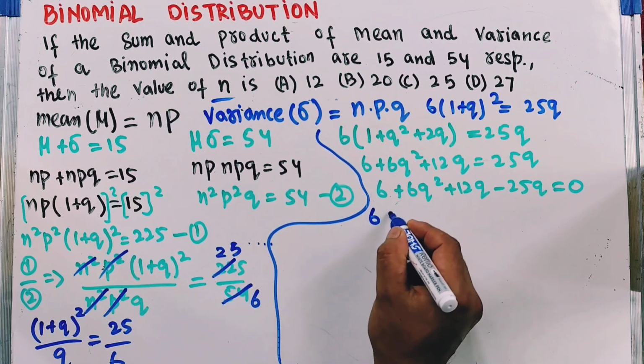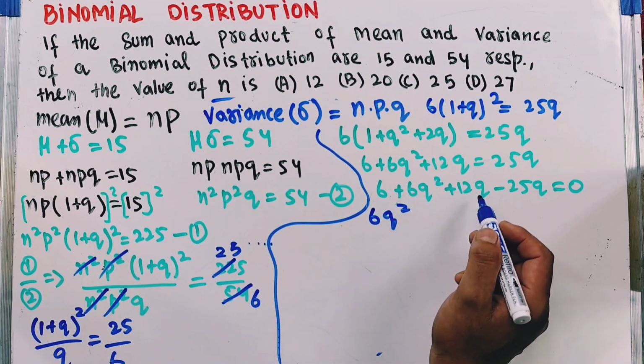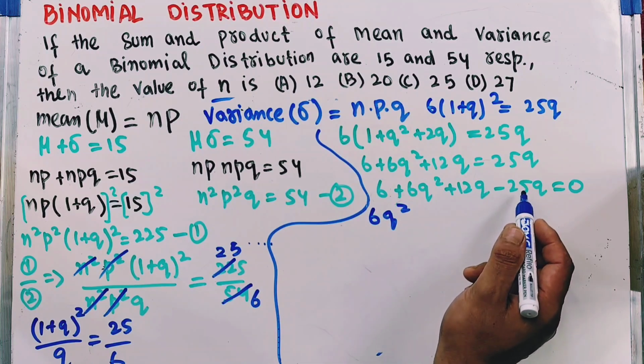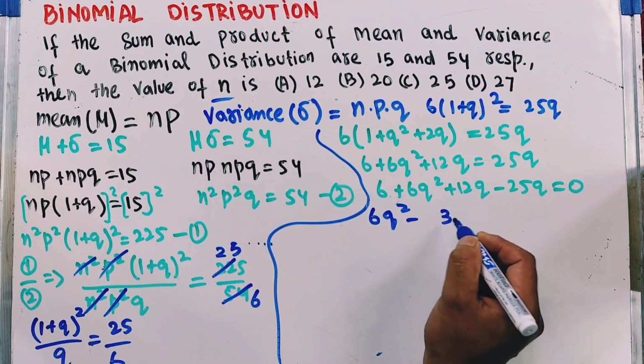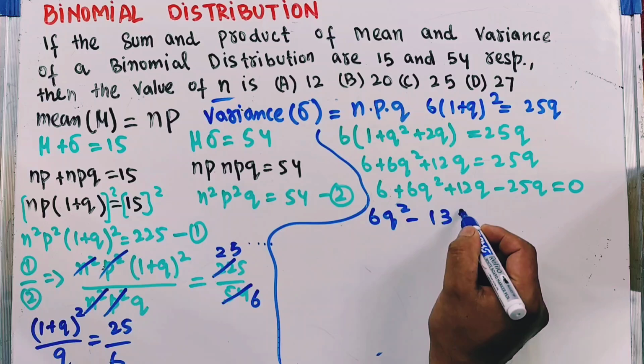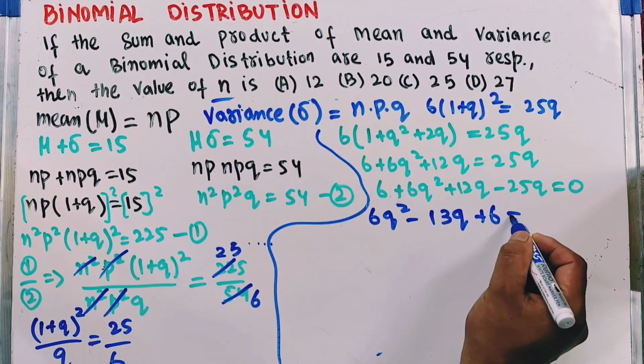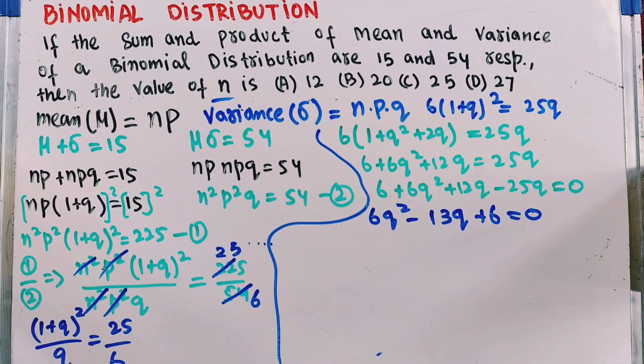Let's write first 6q square, then we write 12q minus 25. So 25 minus 12 is 13. Okay, we get 6q² − 13q + 6 = 0. Since this is a quadratic equation, we use the quadratic formula. The quadratic formula gives the value of q